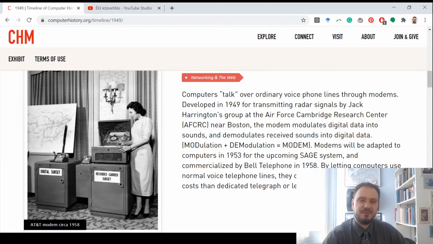The birth of the modem. Not long ago, in the beginning of the 40s, we still had electric machines, but here we now have